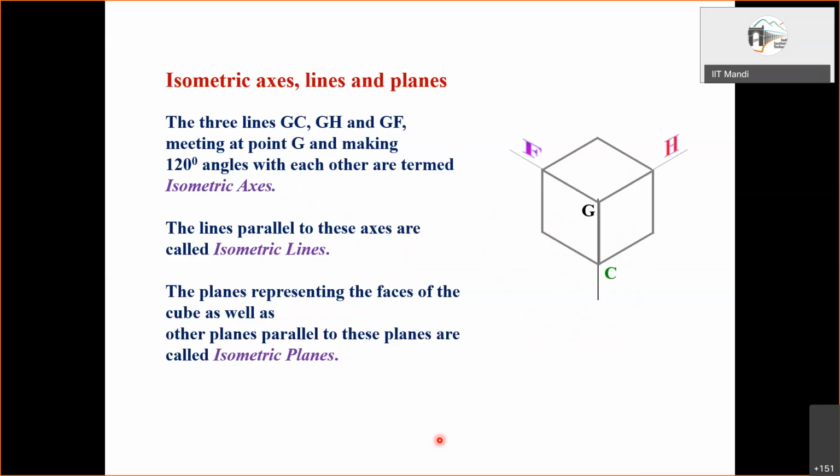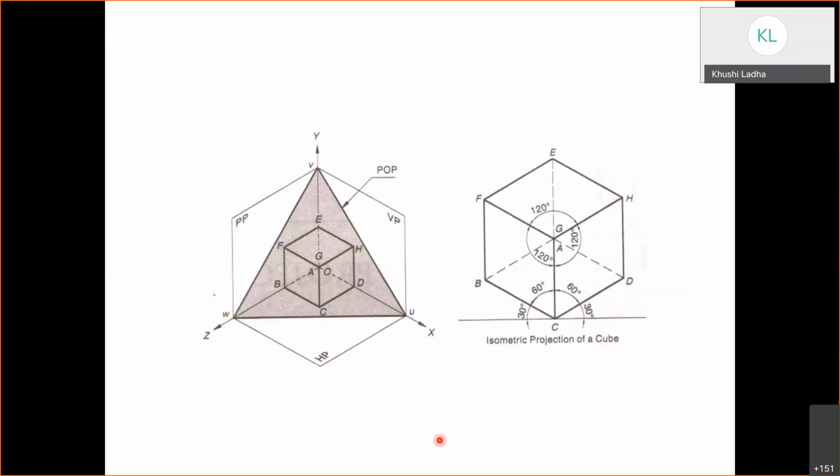Now, okay, sir. If the inclination of the plane with the different planes changes, then the angle FGH and other angles would change correspondingly. Yeah, but that we are not going to do. We'll only be using this particular configuration, the equally inclined configuration. For isometric projection, this is what we will be using. That is the thing.